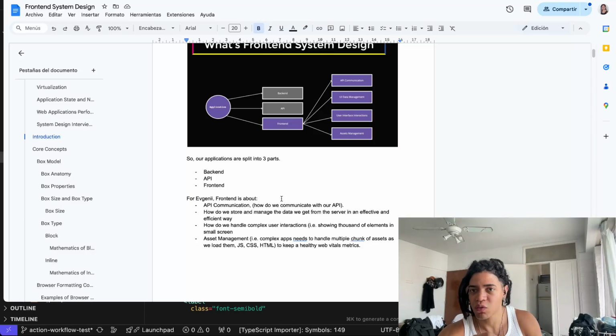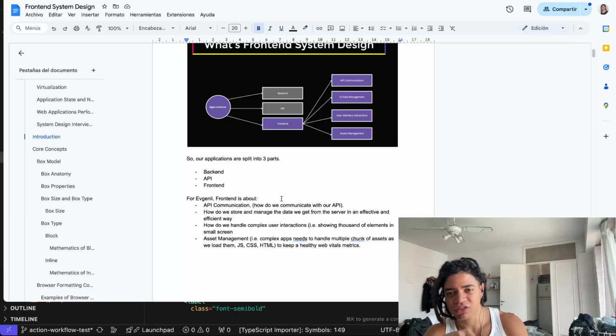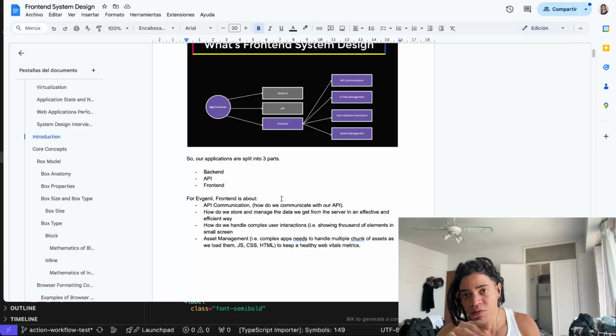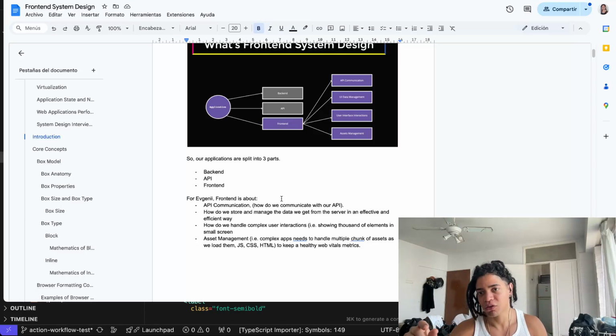And how can we prevent the browser from needing to re-render elements, or in this case reflow,